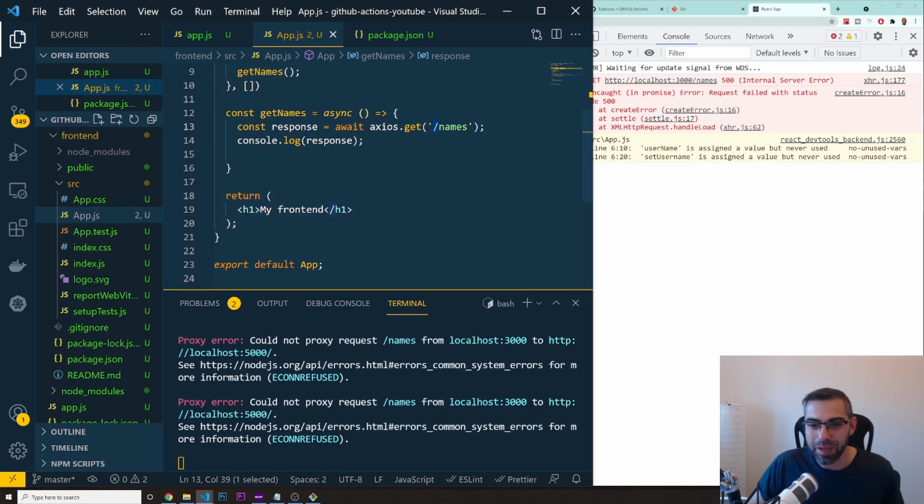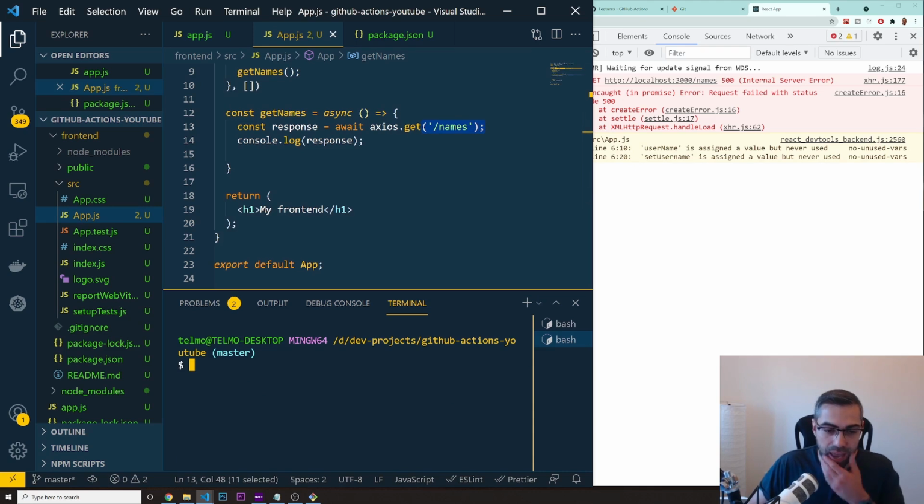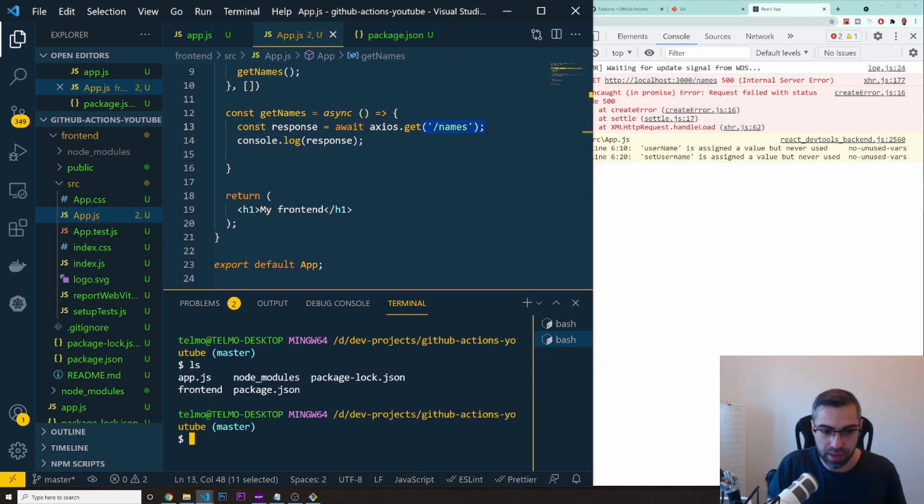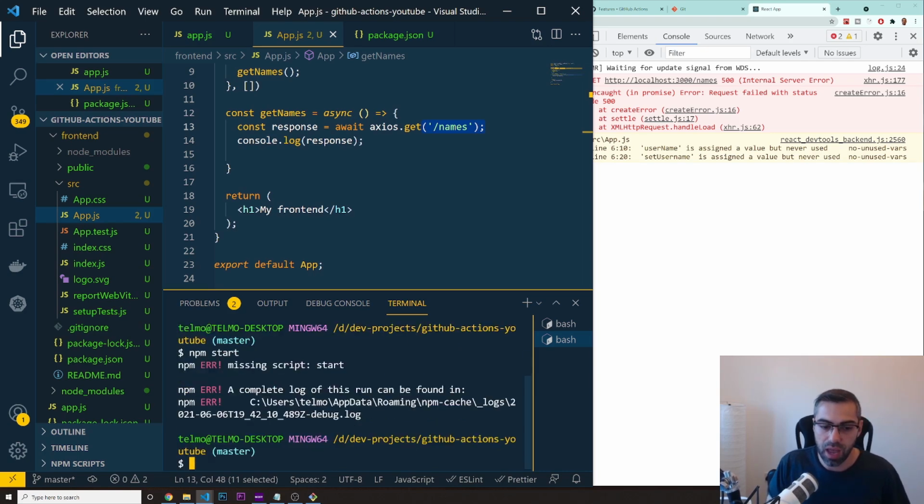Obviously the problem is because we are making a call to the backend, but we never initialized the backend, all right? So let's open another terminal. I'm going to click this plus in here. And what I'm going to do is make sure that I'm on my, let me do ls, and I'm on my root folder of the project. So as you can see, we got the front end, we got the package.json and so on. I need to do npm start, and this will start our